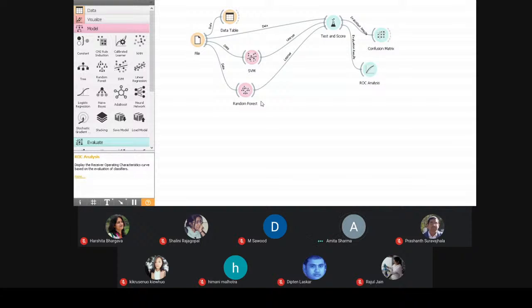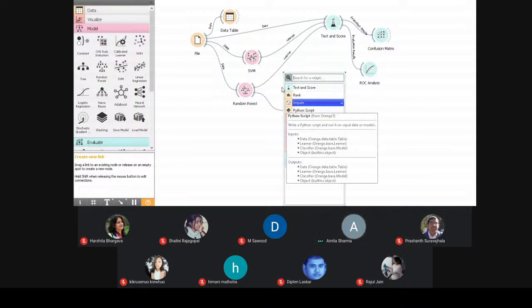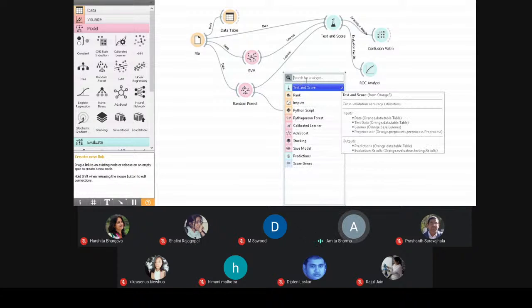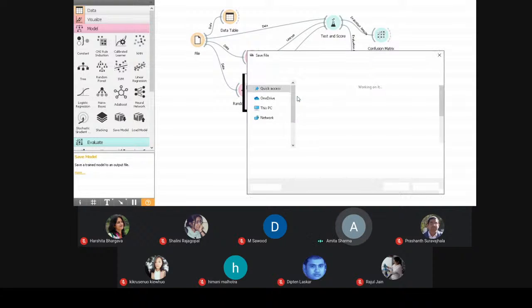Since I have worked on train data, now I want to use it for test data. I'll simply select it and drag it. It will show me some options, or it's better we use this save model option, bring it over here and connect it. After connecting it, I'll double click on this and save the model by giving it a particular name.